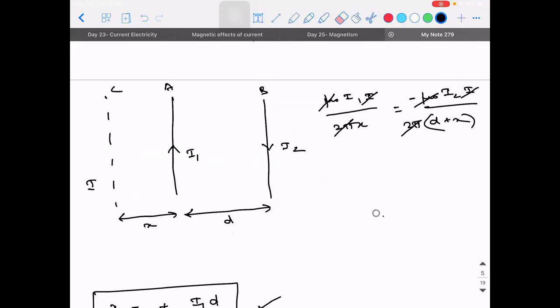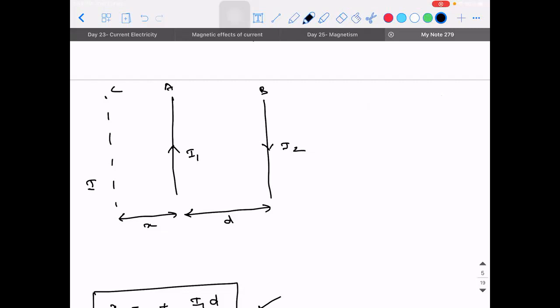Since they use the word net force. And one more important point is they didn't mention anything about the direction of current in the second wire, right? That is the direction of current in the third wire. So that is not given, which means let's try to solve it in a different way. Just a minute.